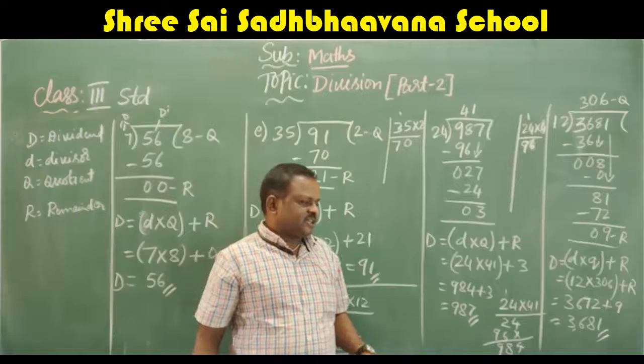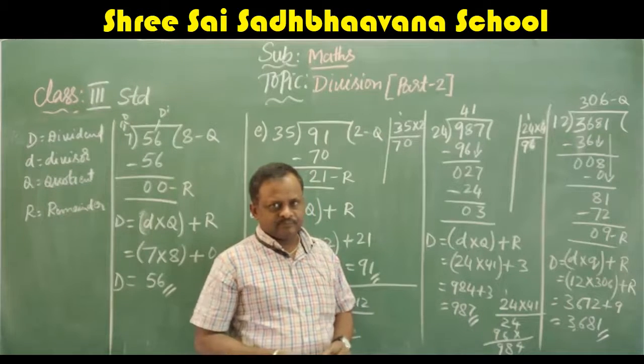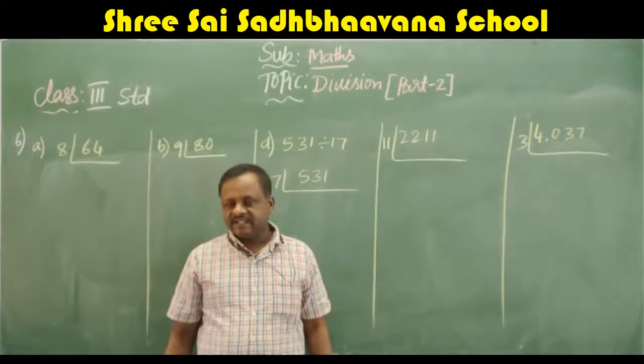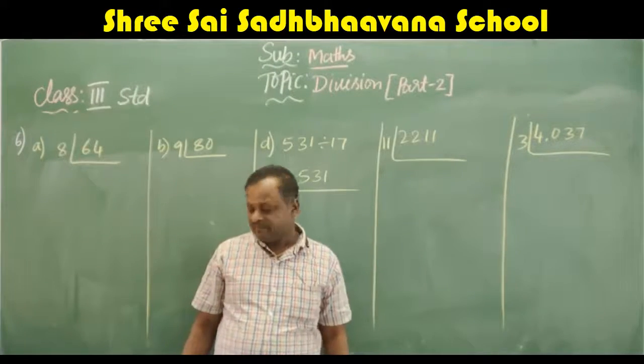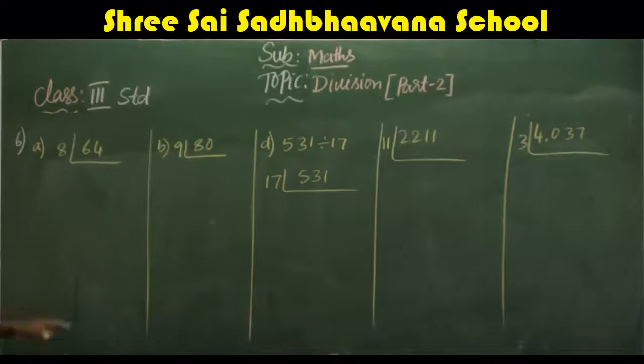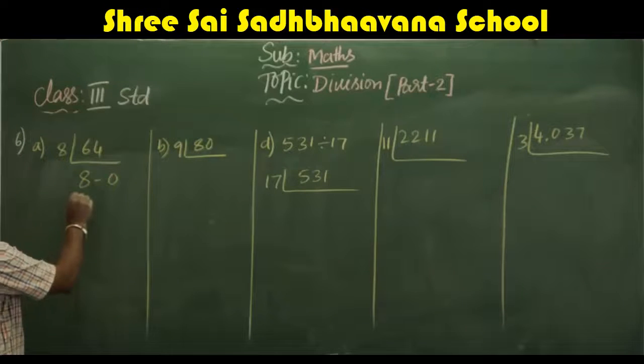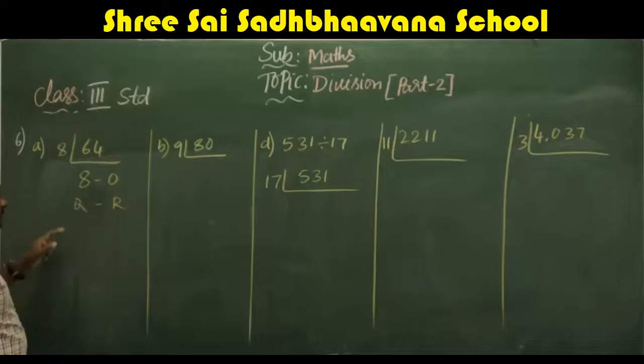We will go to the next main, division in the short method. Now here they have given the short division method. We will do this one. You followed this one in the second standard itself. How many times will it divide? 8 8s are 64. So remainder is 0. This is the quotient and this is the remainder. Quotient is 8, 0 is the remainder. 64 minus 64 is 0.